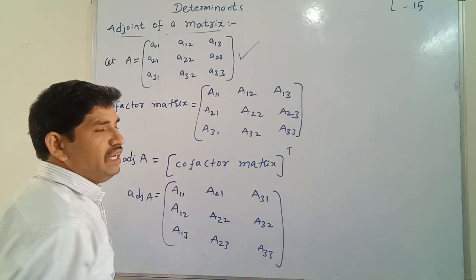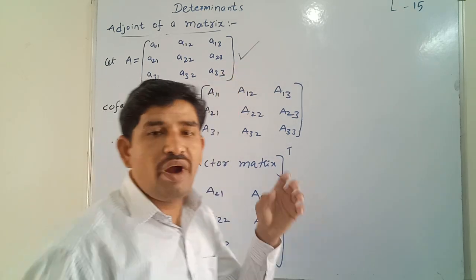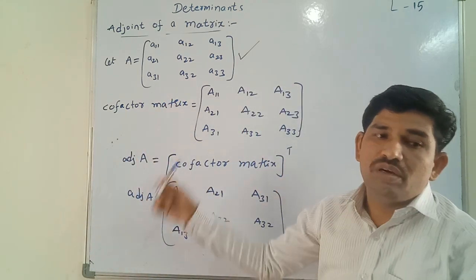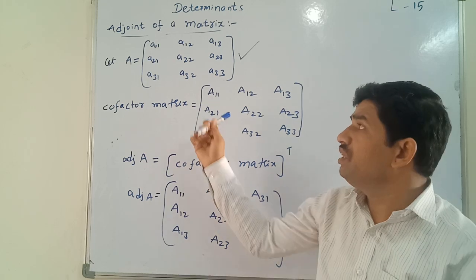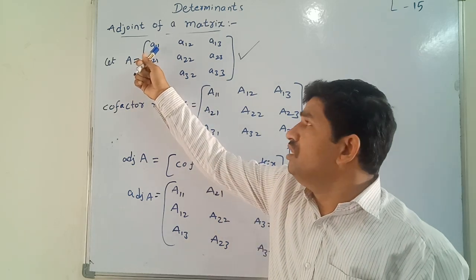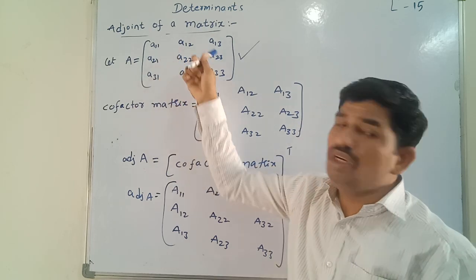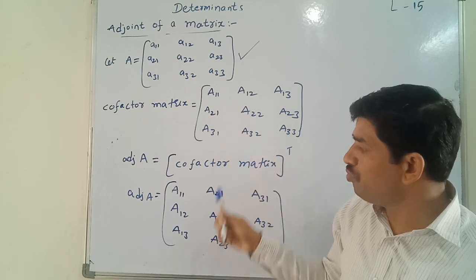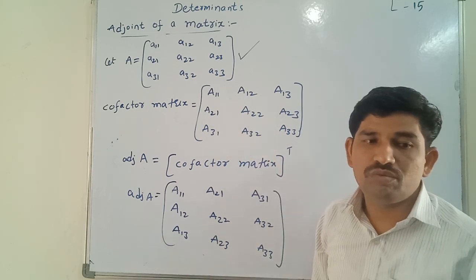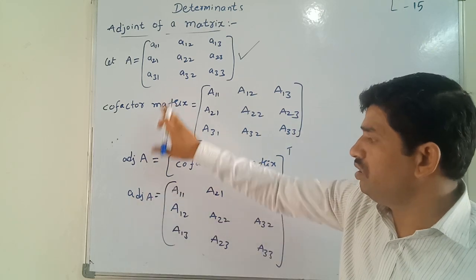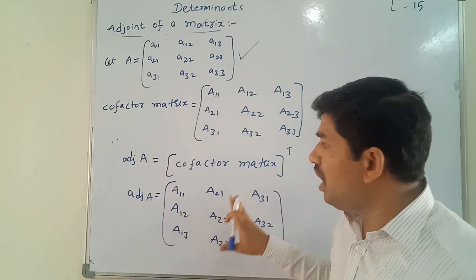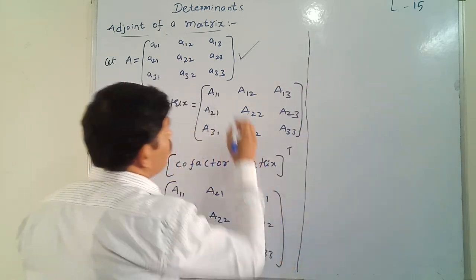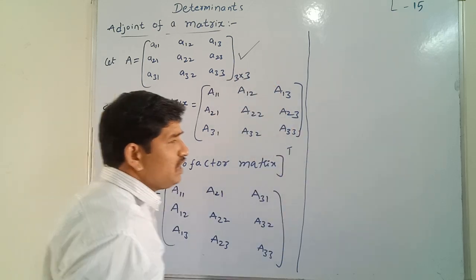This is the given matrix in a question. Suppose I say find the adjoint of a matrix, this is the process we follow. What do we have to do first? First we have to get the cofactors of each and every element. After that we write the cofactor matrix. After that we make the transpose of the cofactor matrix. The resulting matrix is known as the adjoint matrix. We are writing the adjoint matrix for a 3 by 3 matrix.